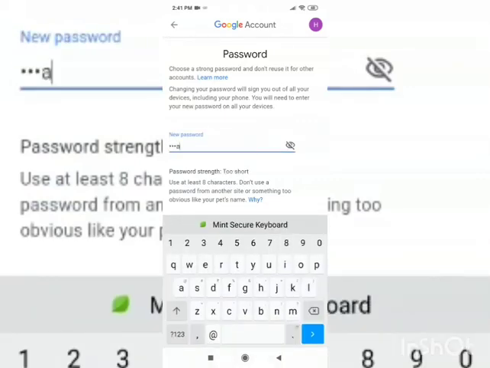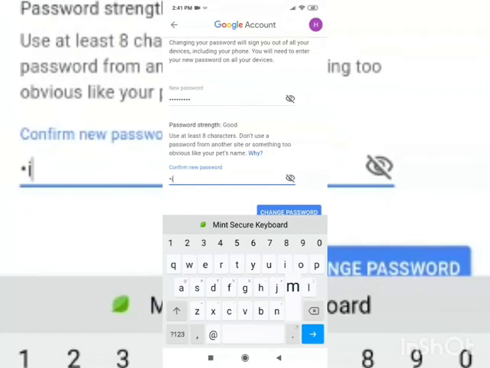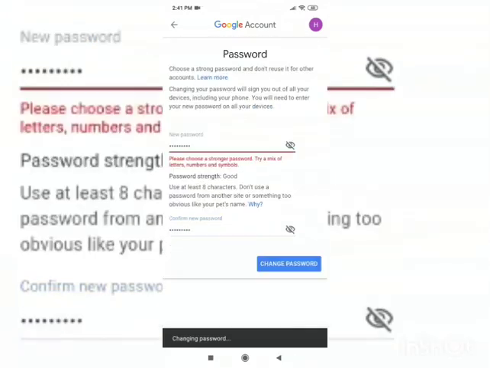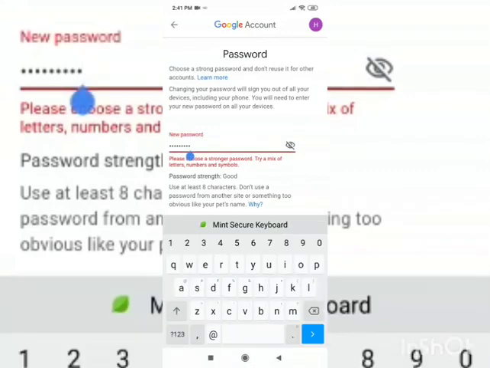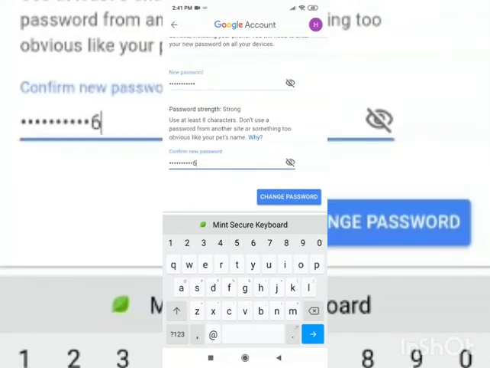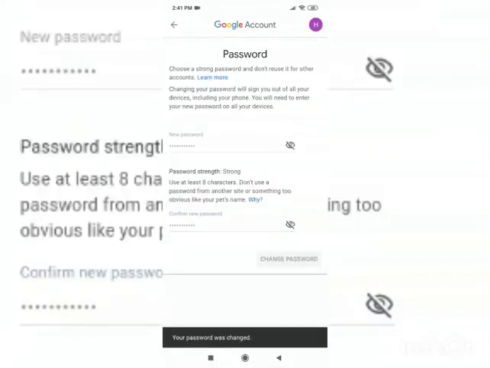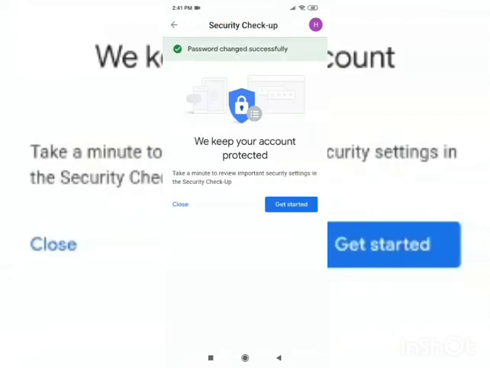His name was Himank. I write Himank 123 here. Like this your password will be changed. Your password has been changed. Like this you have to change your password also.